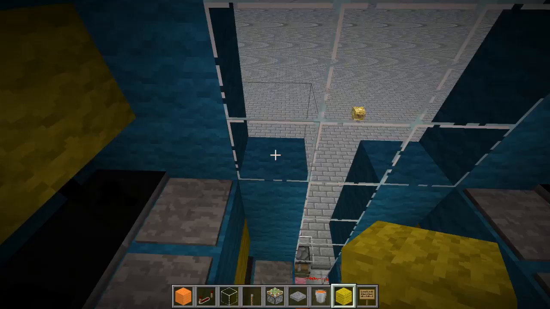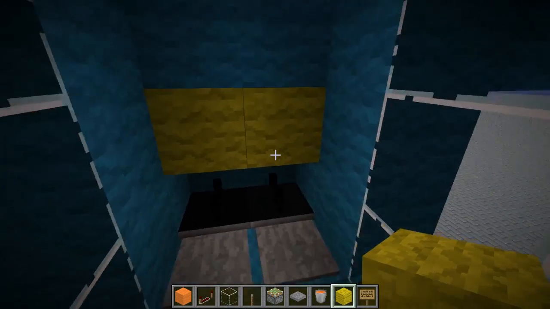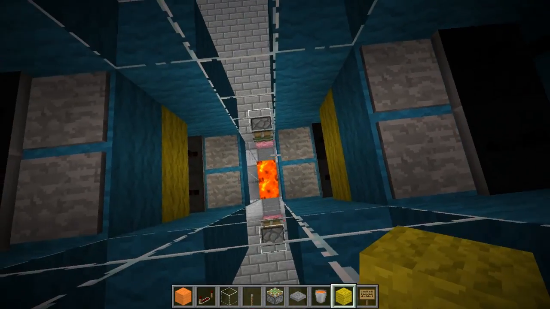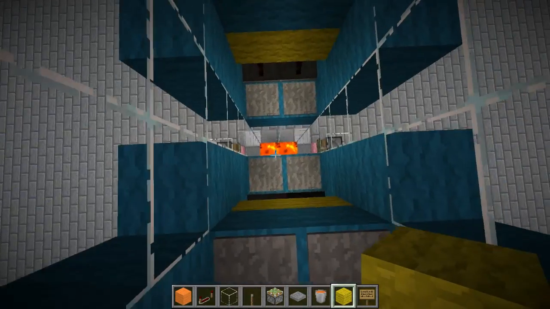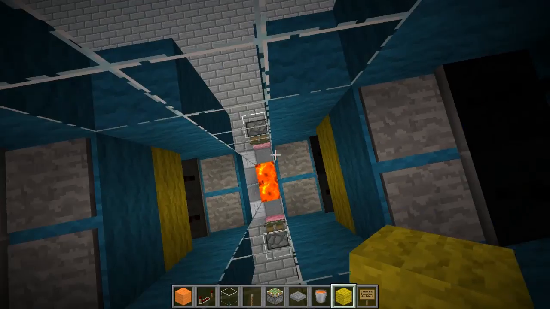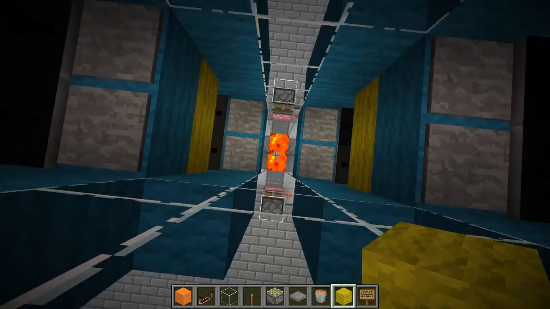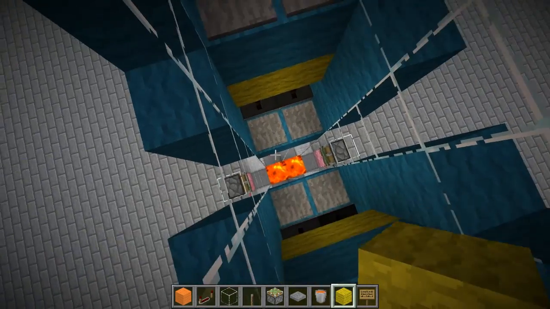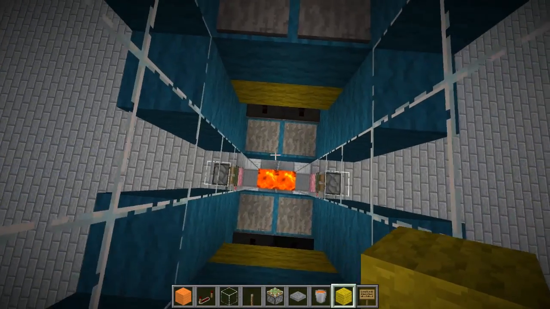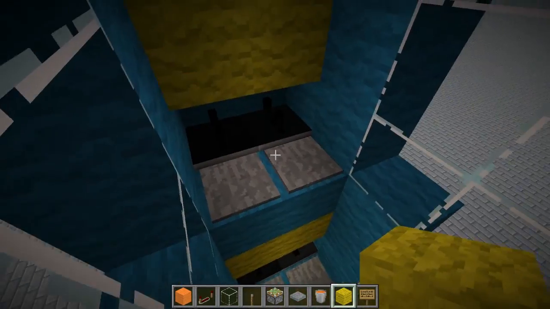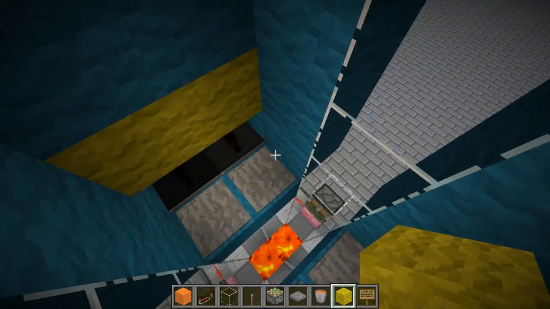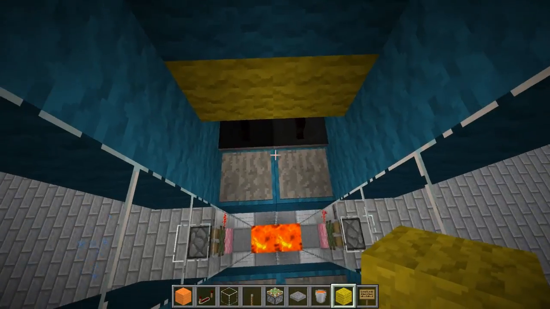So you do that, and you do that on the other side as well. And now we push them into the middle, into our 2 by 1 gap here. We have the lava, but we will talk about that in a minute. This is just to demonstrate. This is not a useful killing device. Okay? So you collect them in the middle, and as you see, we have another set of a double piston